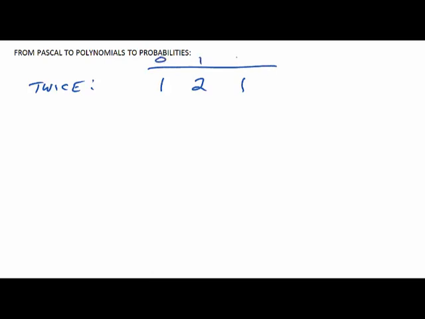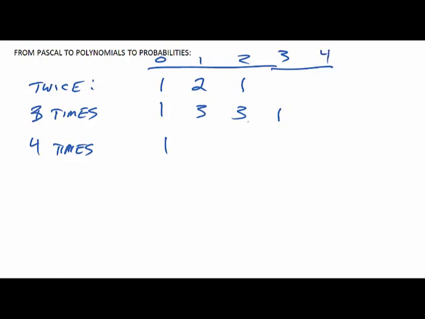All right, so what would happen if I flipped my coin 3 times? Well, then I had 1 occurred once, 3 occurred 3 times, 3 occurred 3 times, and 1 occurred once. What would happen if I flipped my coin 4 times, the one we just completed? Well, it was 1, 4, 6, 4, 1,